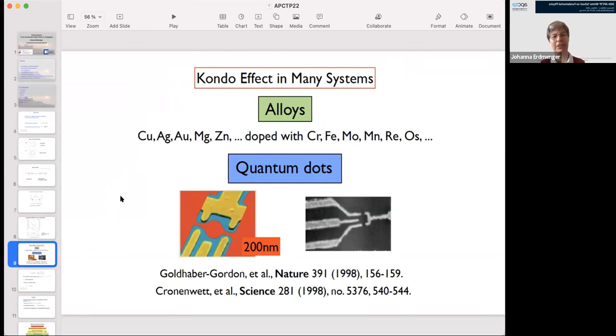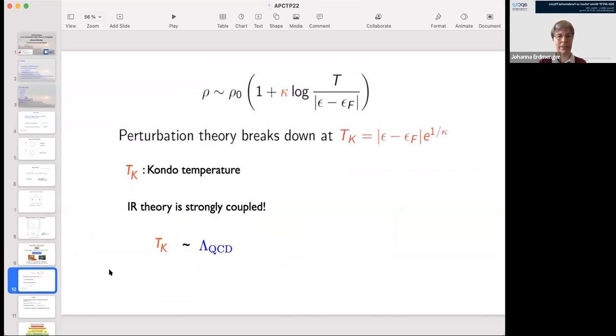And there's a lot of experimental progress also in the context of these quantum dots. I don't want to go into detail here. I just want to say, this is something which is very much studied experimentally and very well understood and has a lot of technological applications. Because afterwards I'm going to talk about AdS/CFT and brains and very complicated things, but I just want to point out that this is something which is really very well understood experimentally also.